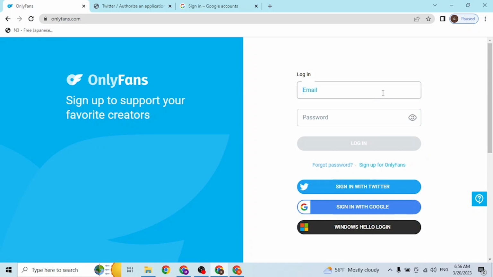With that being said, guys, let's enter our email address like this, and then enter your password which you had registered on OnlyFans at the time of creating your account. But if you have forgotten your password, you can always retrieve it from the forgot password button available over here. If you click on this button, you'll be taken to a procedure where you'll be able to reset or retrieve